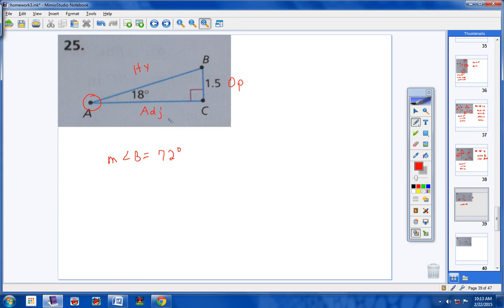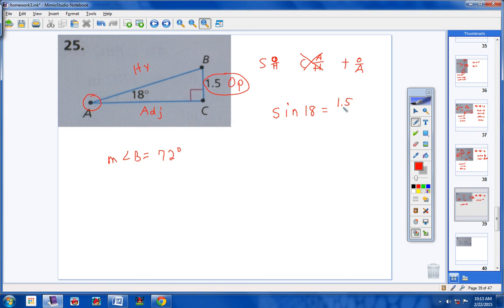Now, here are my trig functions right here. Now, which side do I know, guys? Well, I know the opposite side right here. So you want to use trig functions that have a known number, okay? You don't want to use this one because your adjacent is unknown and your hypotenuse is unknown. Let's start off with sine, okay? Sine of what angle? Well, I circled this angle, so the sine of 18 degrees